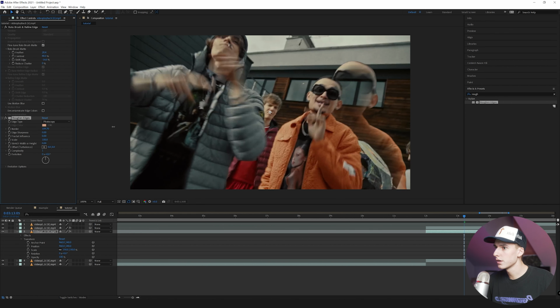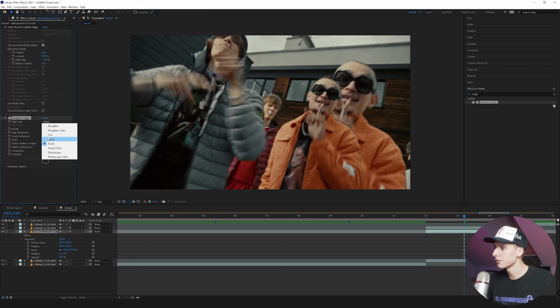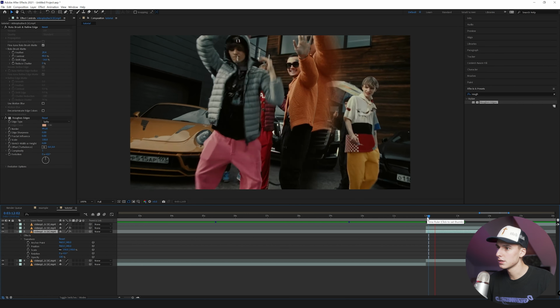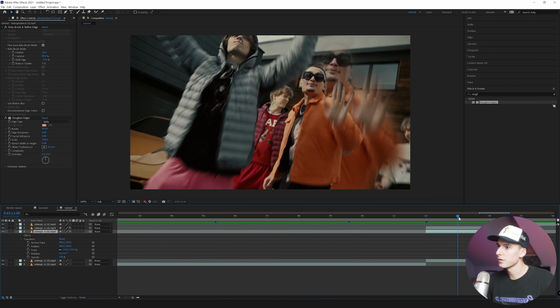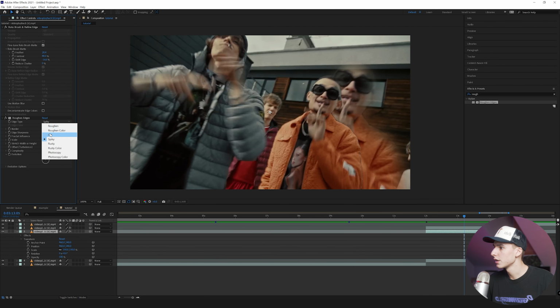And now I go back to the border and play around with how much you want it to actually be faded out. You can have it very slight, or you can have a decent amount. I'm going to bring it right around 100. Looks good for me. And you can play around with all different settings. All these different settings will give you different looks. You can see Spiky does the opposite, which is a pretty cool effect that you could probably get some cool stuff with. Just play around with all of them.